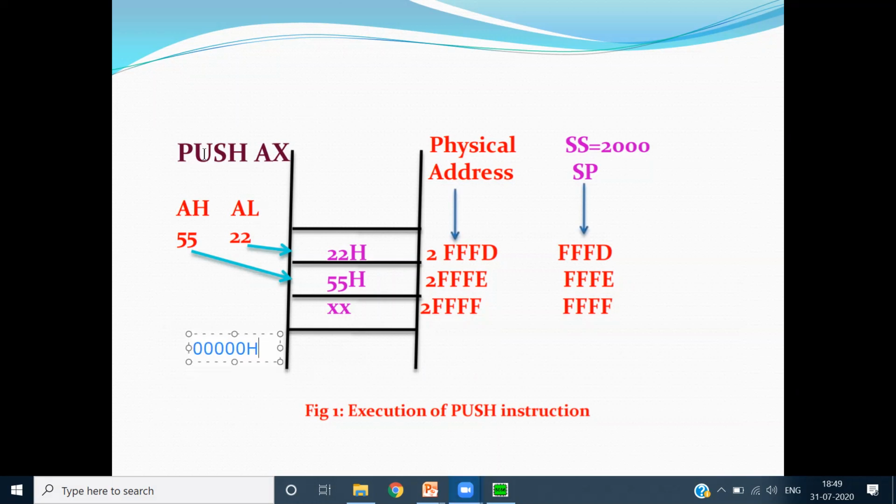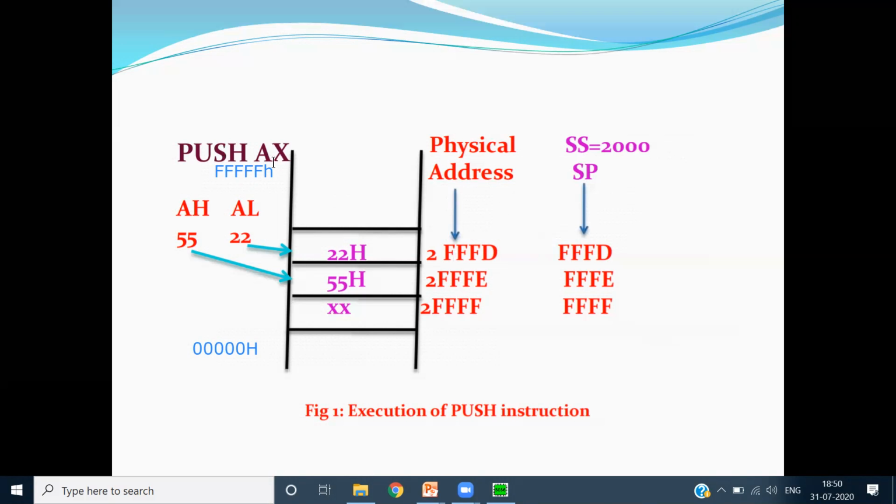Whenever I start pushing the contents, the stack pointer will be pointing at the top of the stack. Firstly I'll have to calculate the physical address. The stack pointer is pointing over here, and my SS starting base address is 2000, so 2000 times 10 plus FFFD gives 2FFFD. This is calculating the physical address, which we studied in chapter 1.